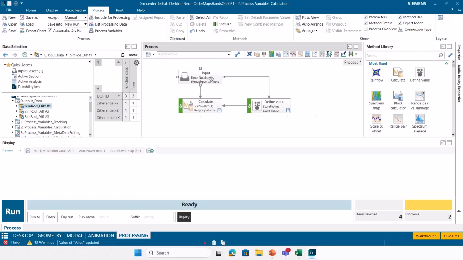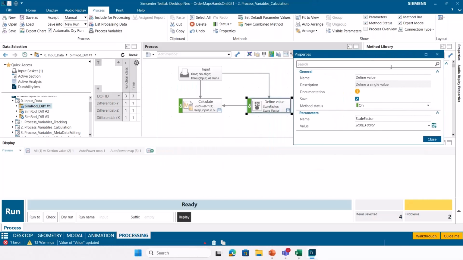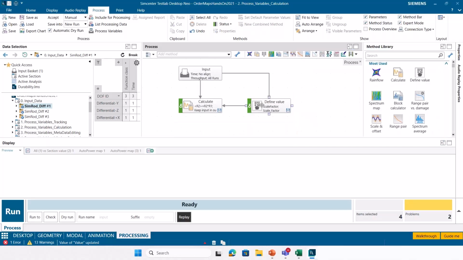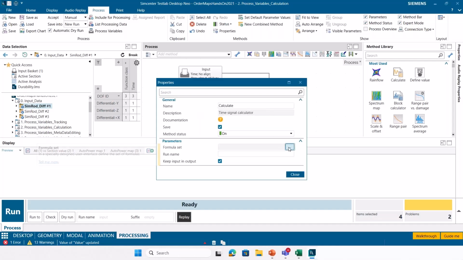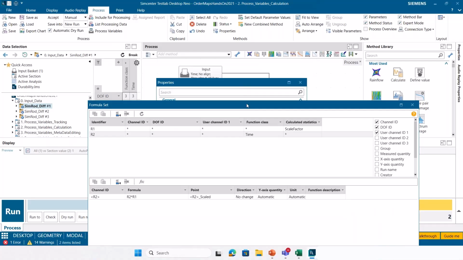And in my process here, I've got my input block. I've got this define value block, and inside this define value block, I've selected my variable scale factor. And then I'm feeding that scale factor variable and my input data into this calculate method. Inside this calculate method, I've got some formulas defined.